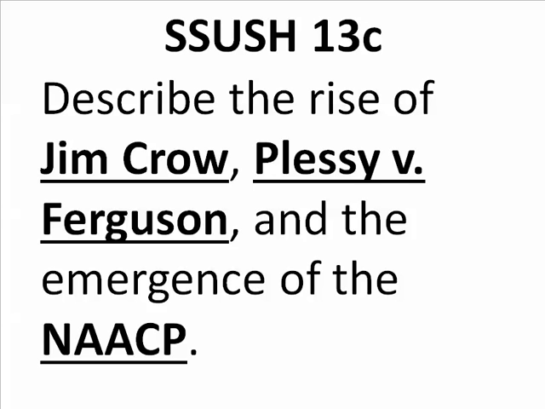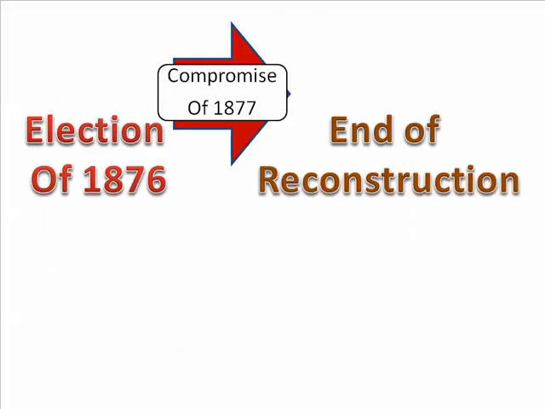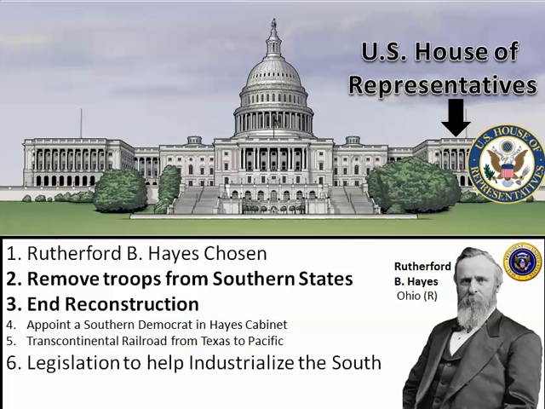Alright, we talked about the rise of Jim Crow before, but not in great detail. We talked about the election of 1876, the Compromise of 1877 that brought an end to Reconstruction, and we said part of the agreement, whether it was an agreement or not, was that the southern states would have troops removed and it would end Reconstruction. As soon as President Rutherford B. Hayes did that, we talked about how southern states started passing black codes,